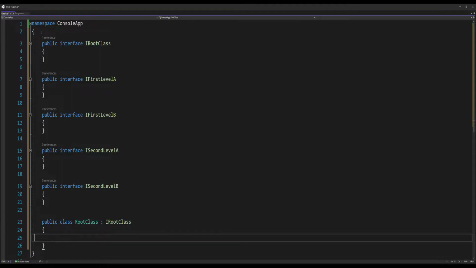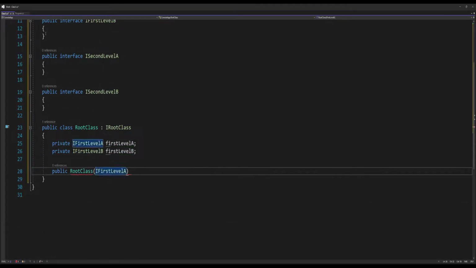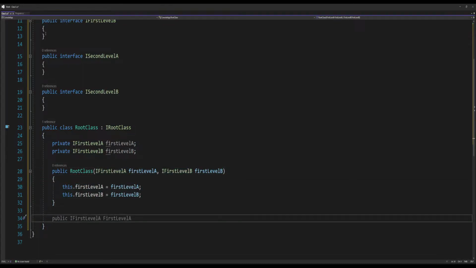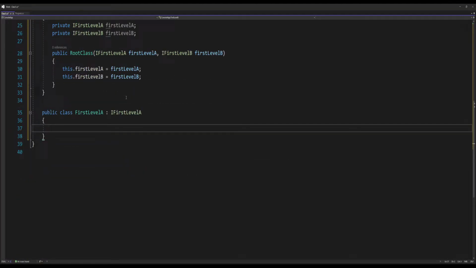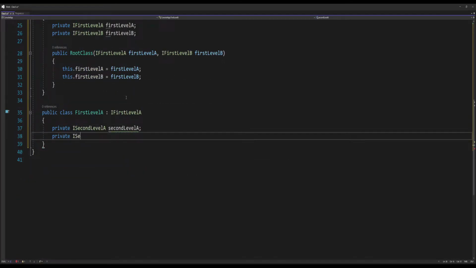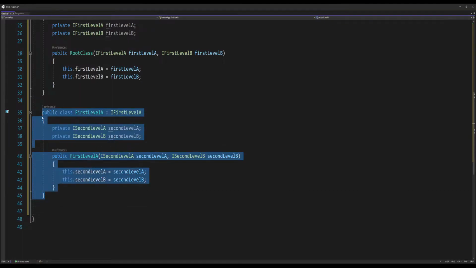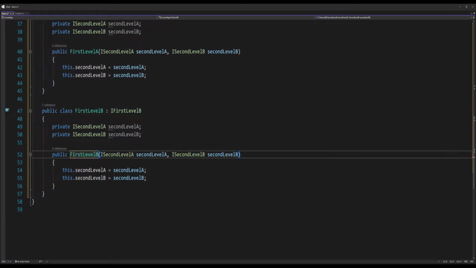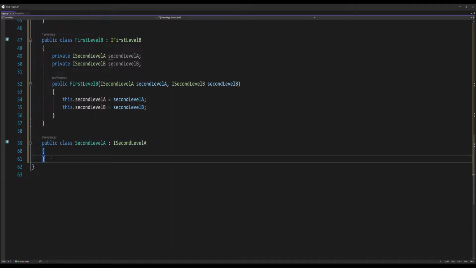I first level A and I first level B are actually the second level, probably not the best name. And then I second level A and I second level B are the third levels. So root class takes in I first level A and I first level B as dependencies. And then first level A will take in I second level A and I second level B as dependencies. And first level B is just a duplicate of that with I second level A and I second level B